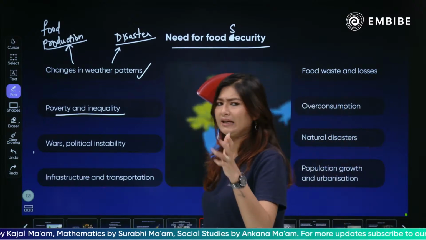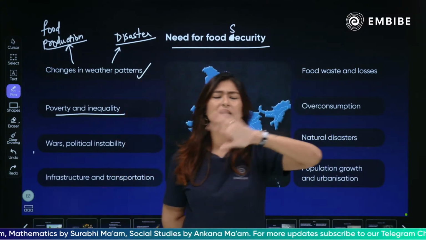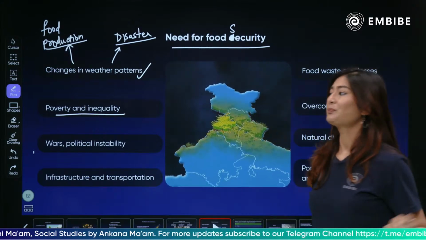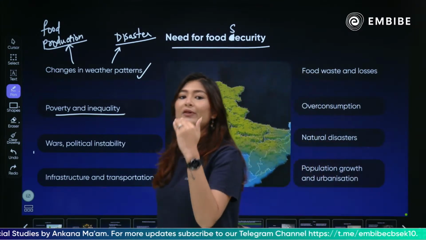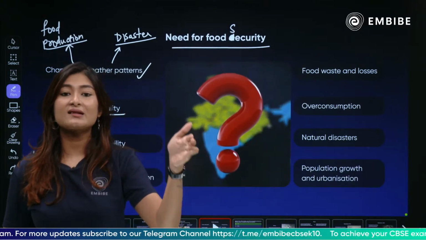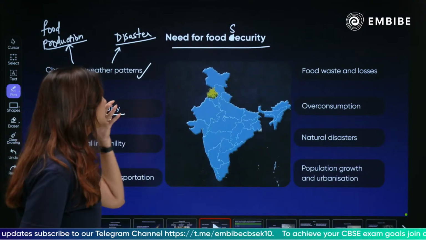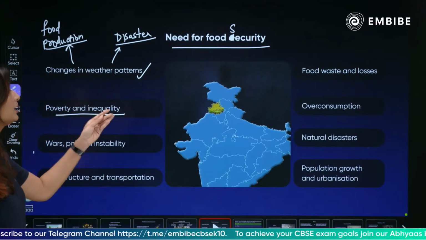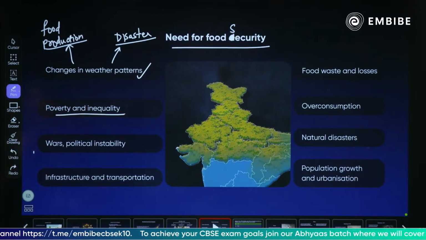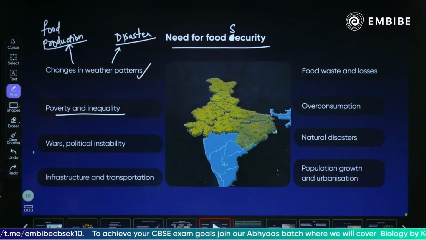So the latest data says that 10 point some percent, like around 12%, is the population which is below poverty line. Now guys, for these people the government has to take care that they are making the food accessible and affordable for them. इन लोगों तक खाना पहुंचाना, क्योंकि 1.4 बिलियन पॉपुलेशन के लिए अगर आप खाना नहीं पहुंचाओगे वो कैसे सर्वाइव करेंगे? So for them to be able to have their hands on the food, ठीक है?